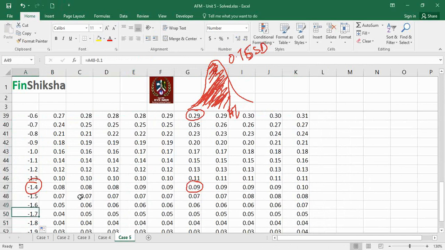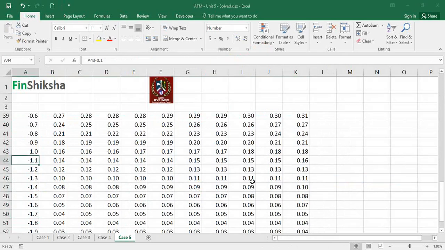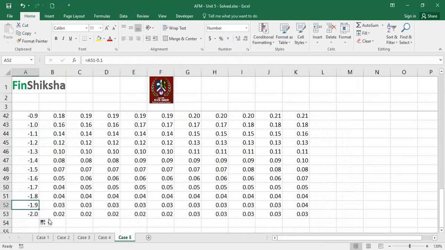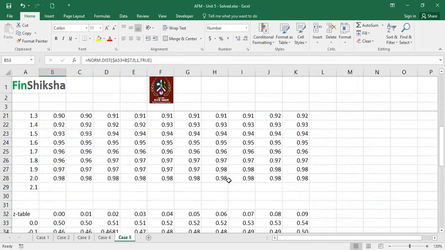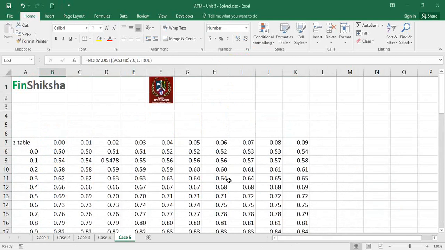So minus 1, right? If I was to look at minus 1 standard deviation, how much would be on the left side of minus 1? 16%. How much would be on the left side of minus 2? Roughly about 2.3%. So 95.5% is in between two standard deviations, 2.25 on the left side, 2.25 on the right side, correct? That's basically our Z tables. Z tables typically are these two tables that you will find, and that gives you the Z table for this.